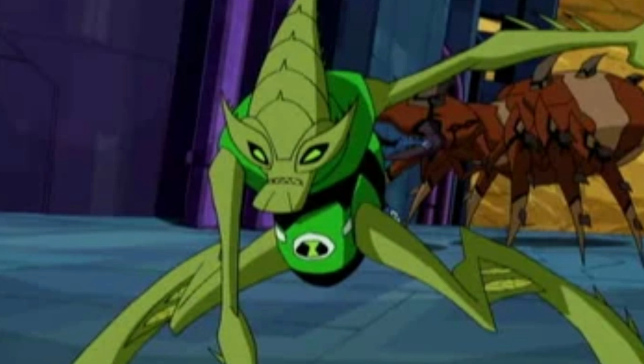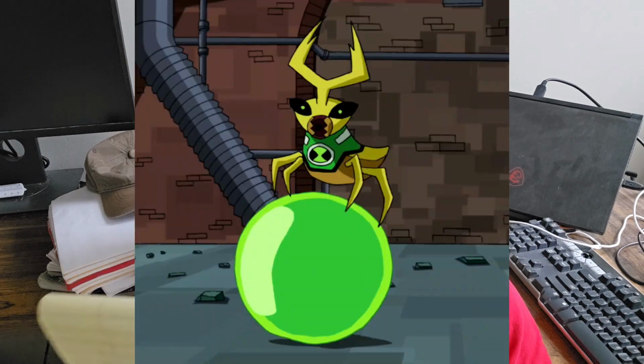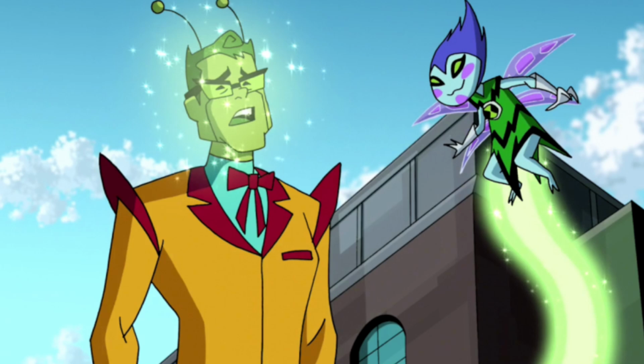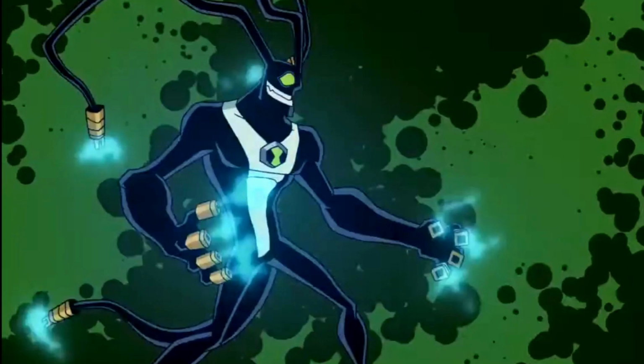But he has Crash Hopper, which is essentially a grasshopper. He can jump super high. Ball Weevil, essentially an ant or termite that can spit and turn his spit into a giant ball of sticky bombs. It's weird. Some of the aliens are weird. Pisky Dust, even weirder. This one is like a fairy that does genjutsu on you. It can make you dream, mind read you, and make you confess the truth. It's weird. Then we have Feedback, which was pretty cool.